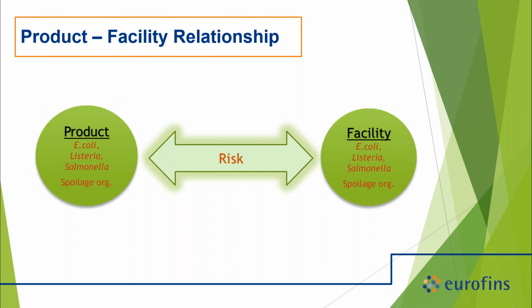All right, so I told you we were going to talk about environmental monitoring, and I just spent a lot of time talking about product risk. Why did I do that? Well, because of all that variability with fruit and vegetables and the inherent risks that come in with the product, that's introducing potentially risk to our facility.